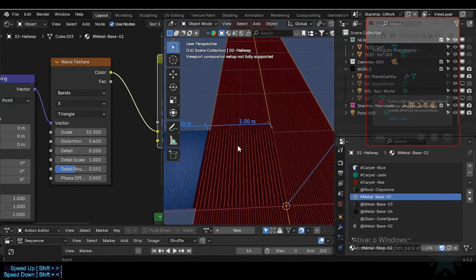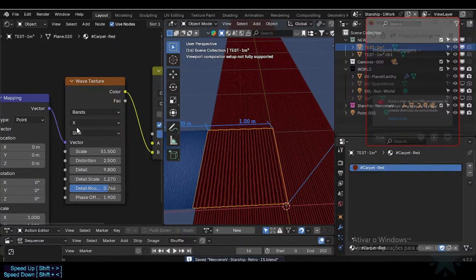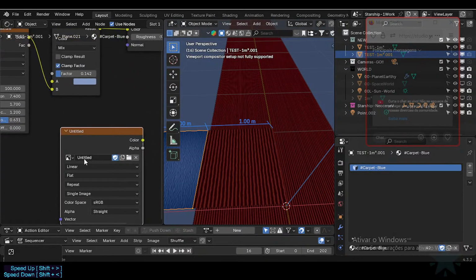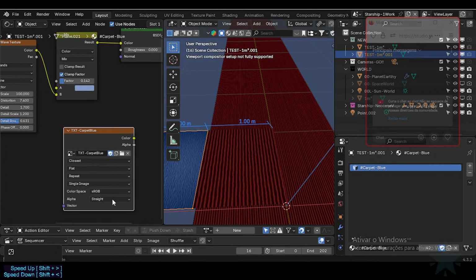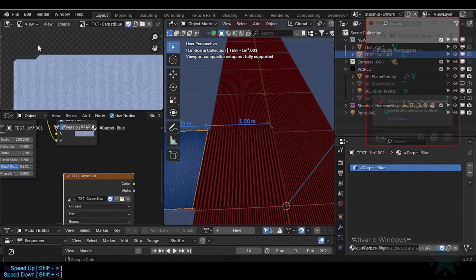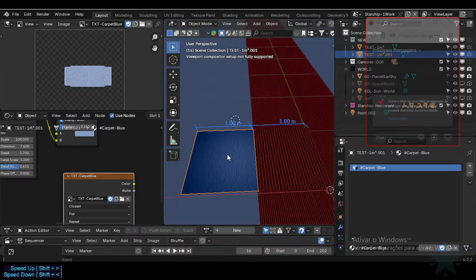So folks, here let's get this baked now. And yeah, so I'm gonna maintain this, right? So you see this is already the texture carpet blue, right? Let's do this, right? Linear, no, closest flat, repeat, yes. All right, so straight, okay. And I want to make sure that I'm going to save this, Shift F10, and actually